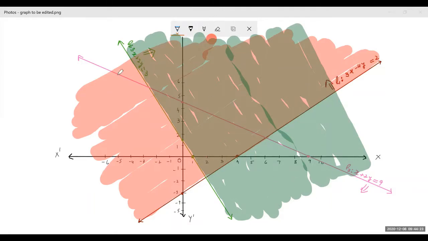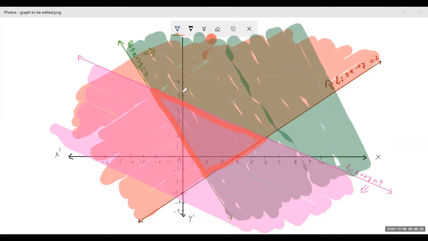Now we are going to shade the third inequality, and you can see this is the boundary line of the third inequality, and I have to shade below this line. Now let's shade it with a pink color. Here it is. You can see the solution region of the third inequality has been shaded pink. Now we have to locate the common solution region, which has got all the three shades. So I hope you can locate it clearly. It is there. Here it is. This, and this. This is our solution region.